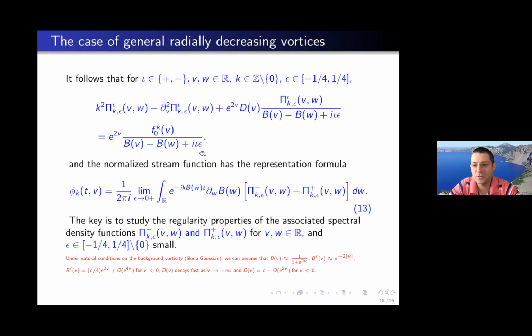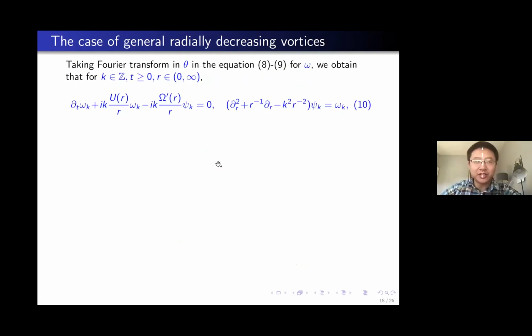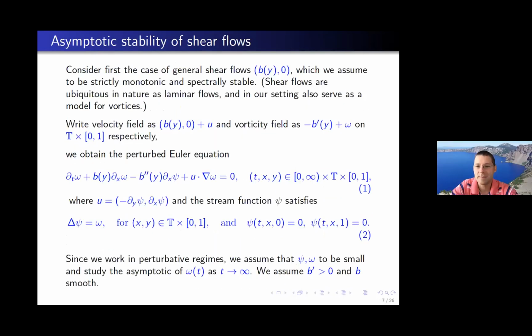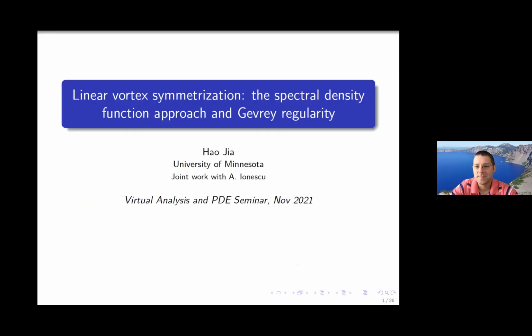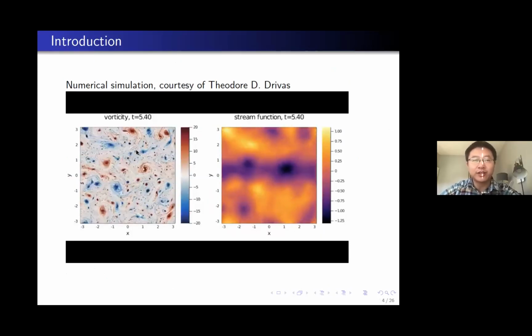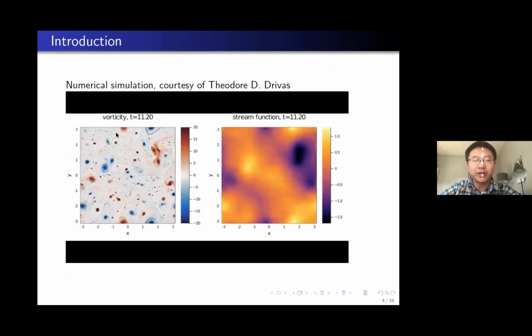And do you happen to know, in these simulations that Theo did, the vortices that remain after some time, when you only get a couple of them, do they look like the vorticity is radially monotone? I think in the physics literature, they always assume it's monotone. Theo probably has the raw data; I don't have it, but he probably does, and you can read it off.